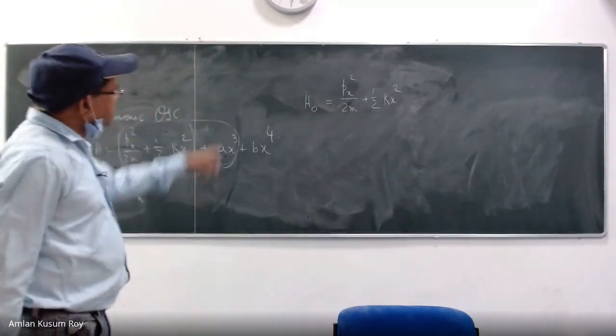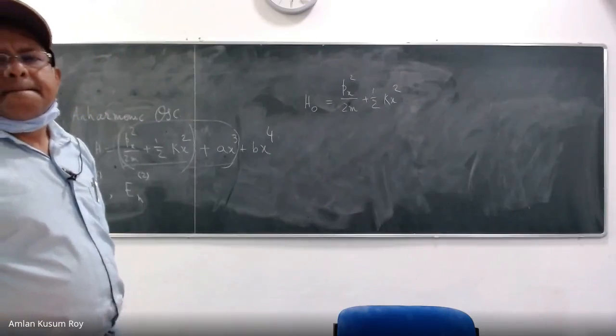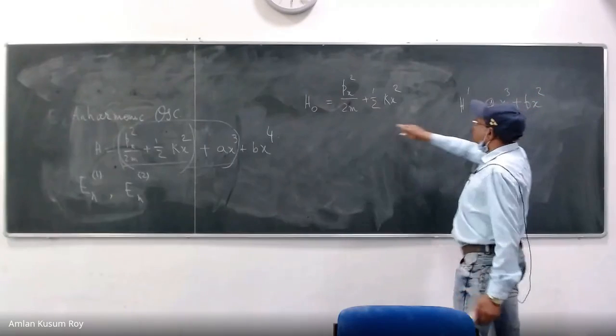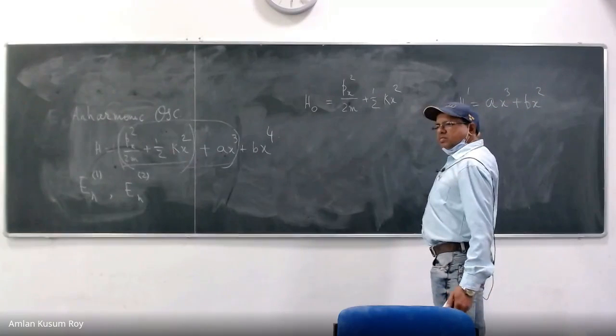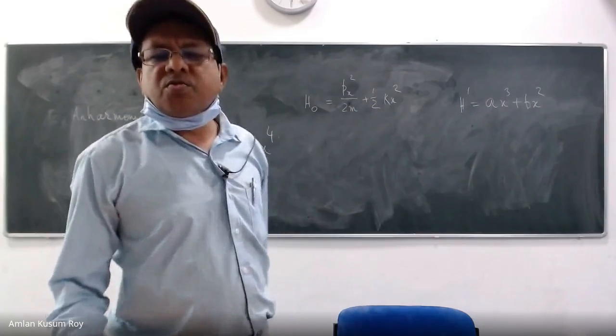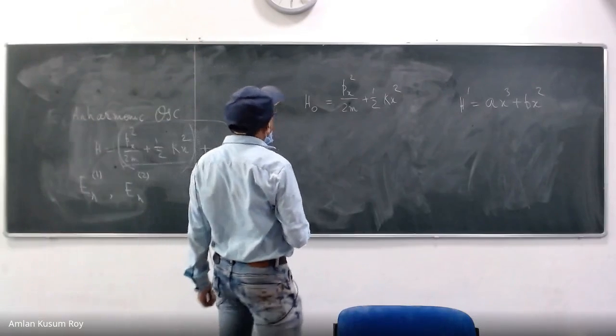What is the next step that I have to do? So I have defined my H0. What is the next step? Next, we have to find the perturbation which is H prime. What is H prime? That is x cube plus px to the power 4. That's great. So you understand how to choose H0 and H prime? Yes, sir. Very good. So everybody understand? Those of you who do not understand or who have any confusion, please raise it. Okay, go ahead, what do we have to do?